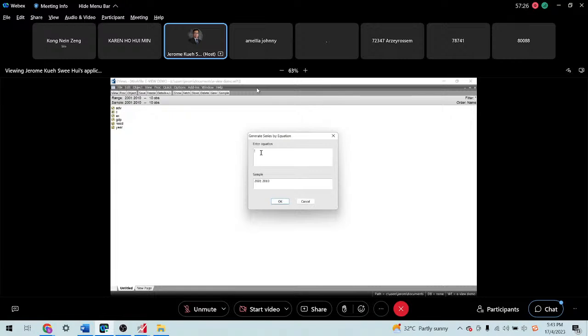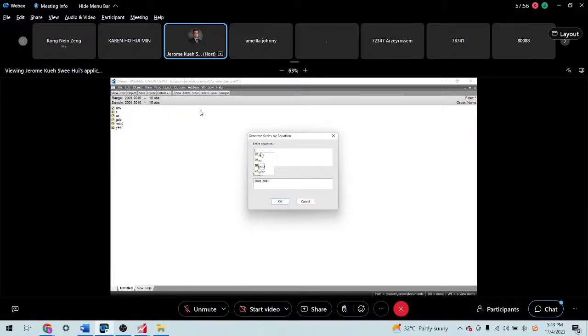So this is how we can do it. For example, now what we intend to do is to transform the raw data into logarithm. We transform all the raw data into logarithm. This means that we log all the data. So if you want to log all the data, there are certain commands that you can use. So this is how it looks like. So I don't have to put it in the chat box.